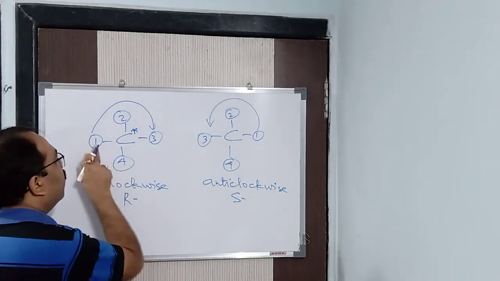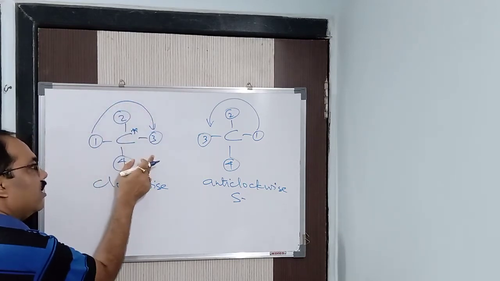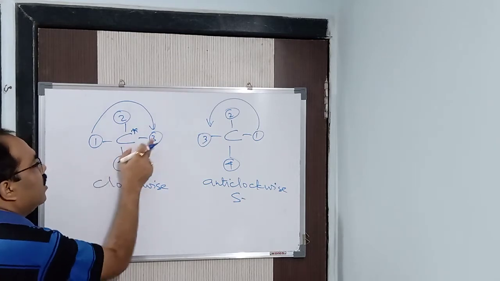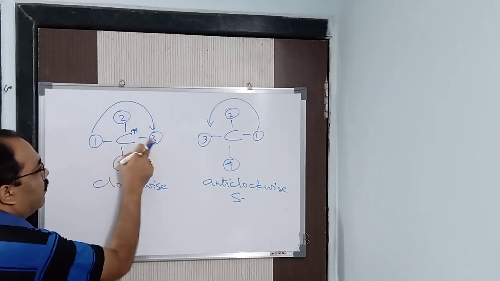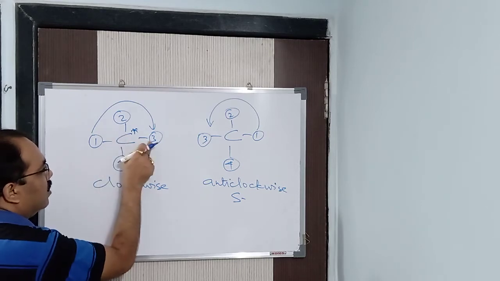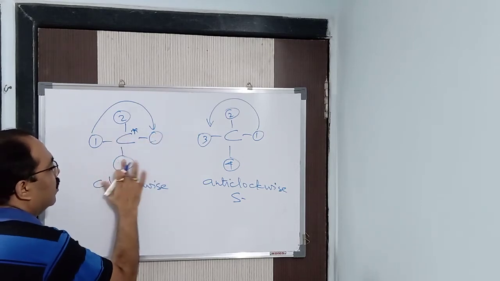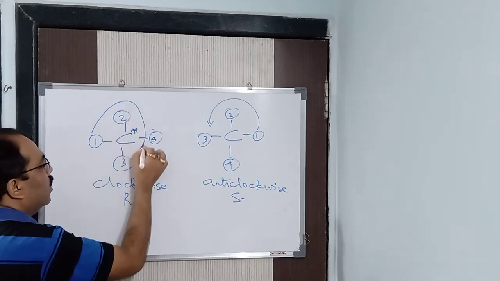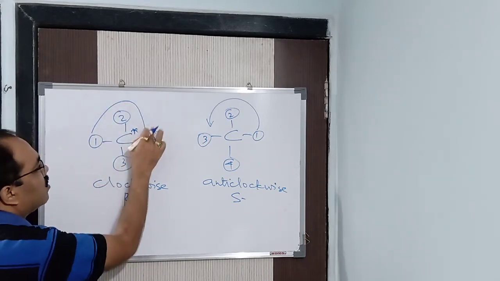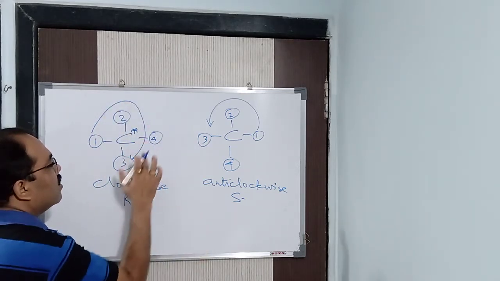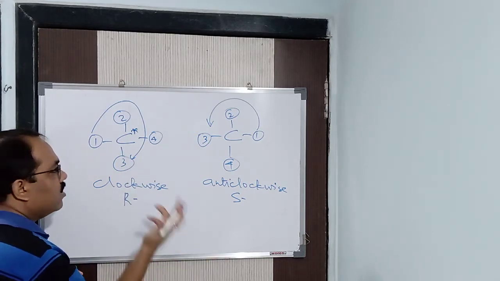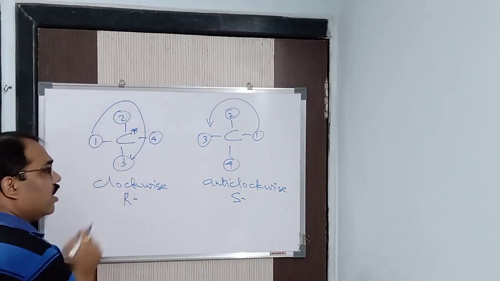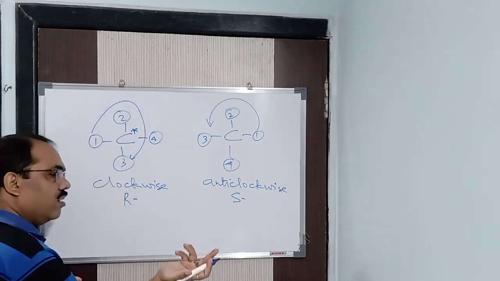You will say, sir, if 1 is here, the direction is in this way only, no? Direction this way, 1, 2, 3, 4. Suppose 3 is here, got it? Let me write it, then you will come to know. 1, 2, then this is 3 and 4. The direction is towards right only, no? So hence it is rectus. It's not necessary that 3 will always be here. It can be here also. See the direction. In which direction are we coming? This direction, towards right. So it is rectus.